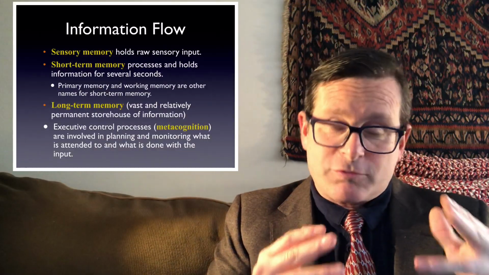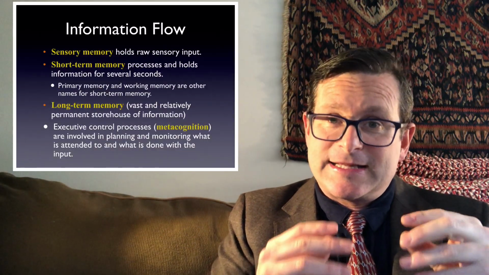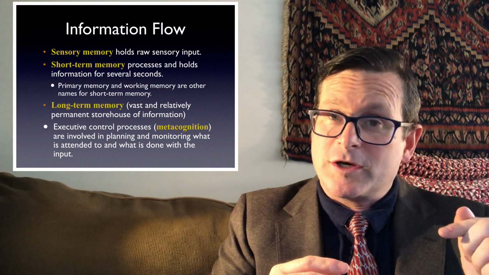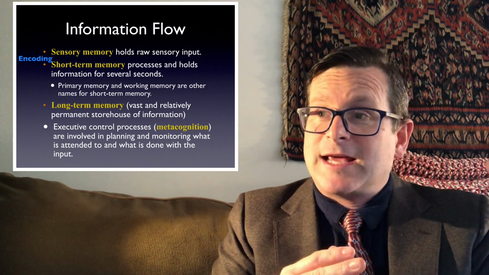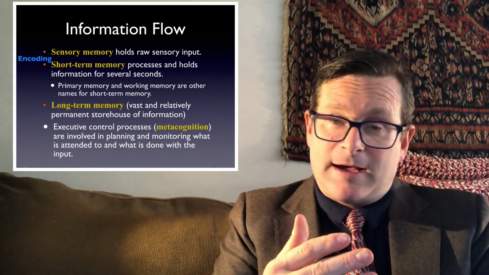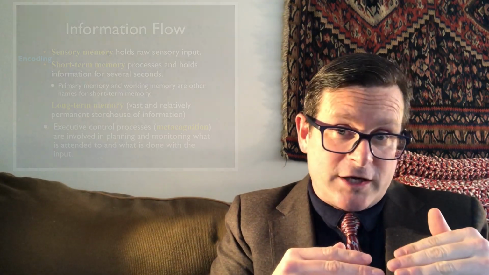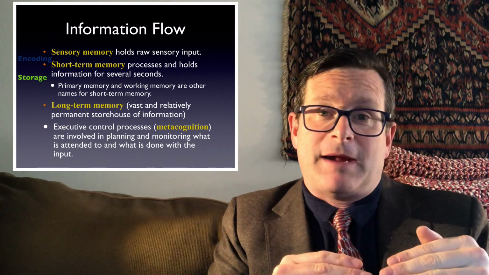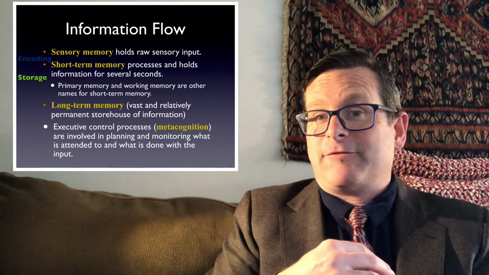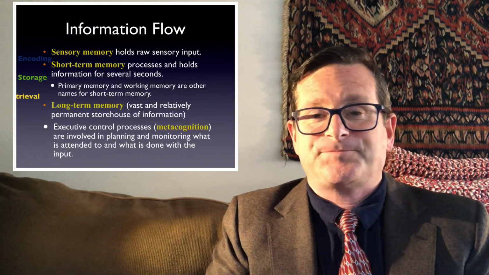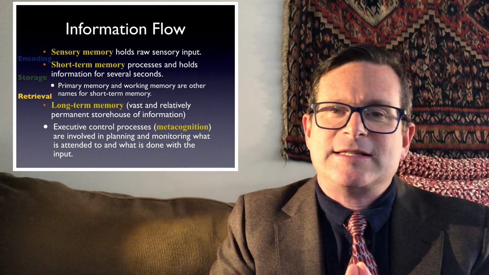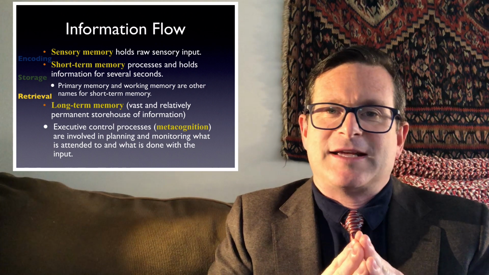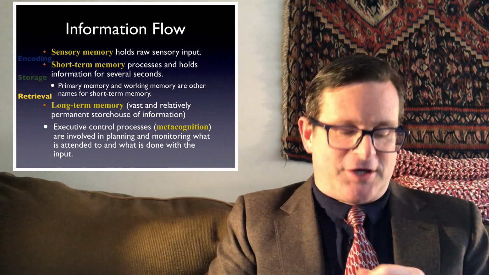So those are the 3 different components of memory, and that's important for encoding, storage, and retrieval, because sensory memory is the encoding stage. That's what you're paying attention to. But finding its organization and storing it away, that's short-term memory. And then when you have to pull it back from long-term memory, that's retrieval. So you see how the different stages of memory and the different parts of the memory system work together to help us remember things.